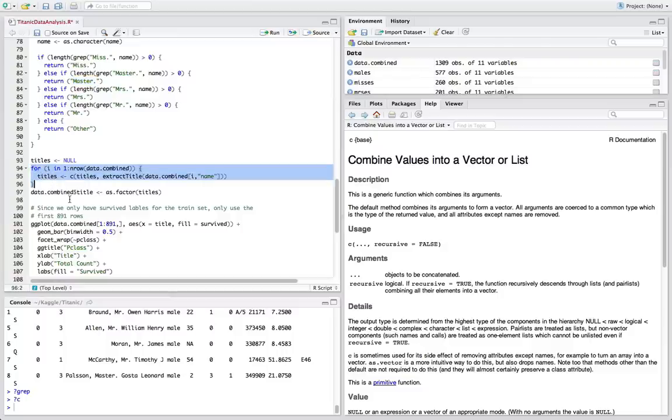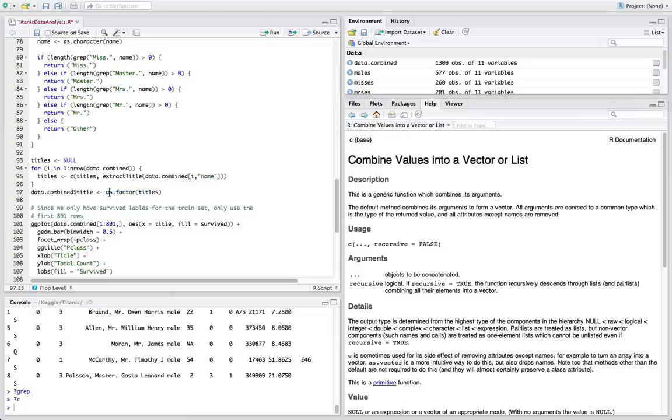Then at the last point, once I'm done with that, create a new variable on data.combined, making it a data frame of 1,309 observations with 12 variables, the 12th one being a new one called title. Go ahead and cram in all the titles that I created through the loop calling the extract title function.